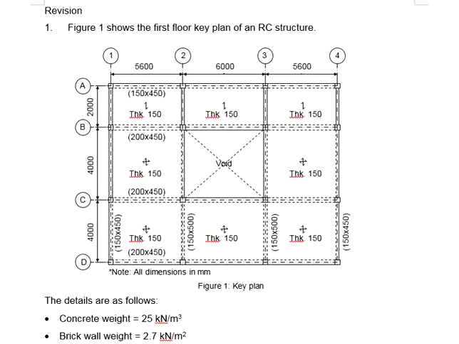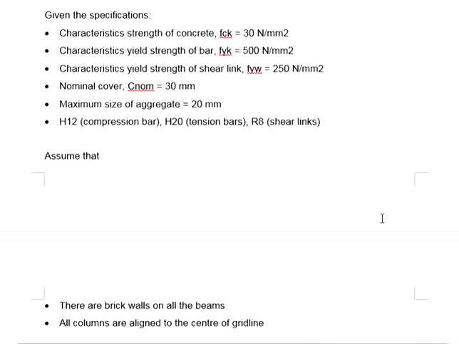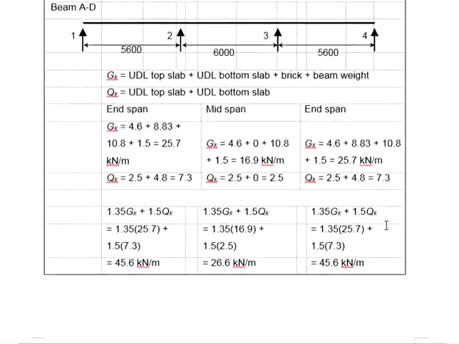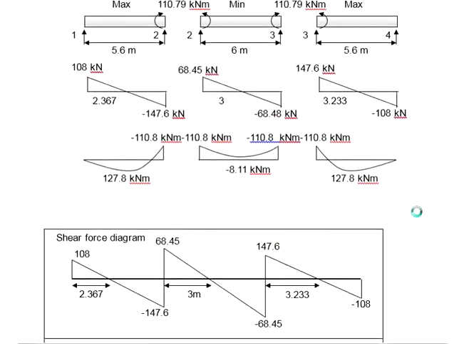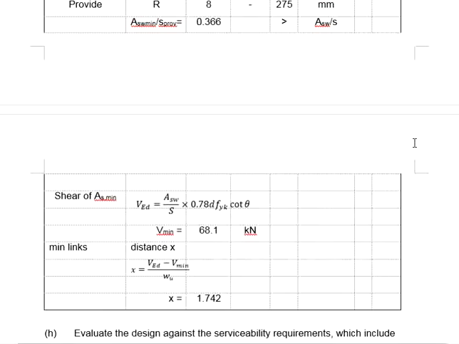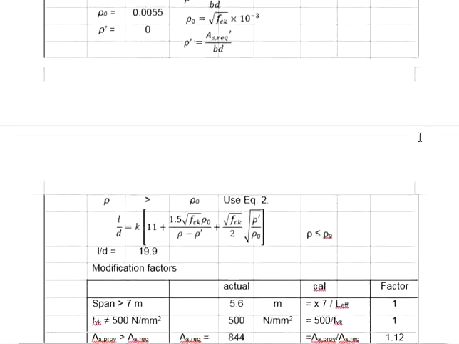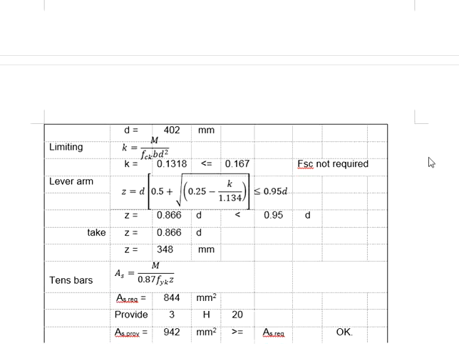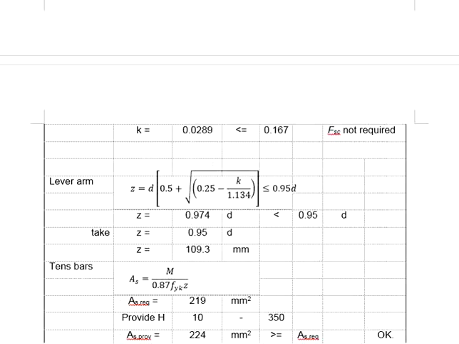Normally, once you go through the revision questions, you are encouraged to study and observe through the example questions. If you look into the details in terms of the calculation steps, you will notice that there are certain calculation steps that have been repeatedly used in more than one type of structural element. For example, the equations to calculate for the moment. If you look at the revision questions, these equations have been used in the beam, in the slab, and then